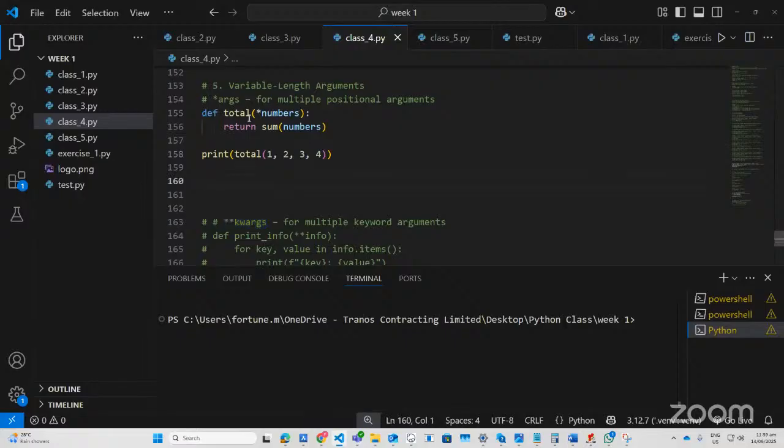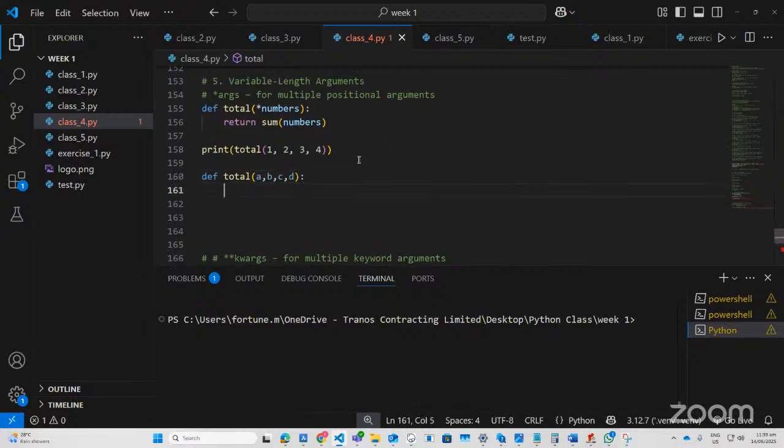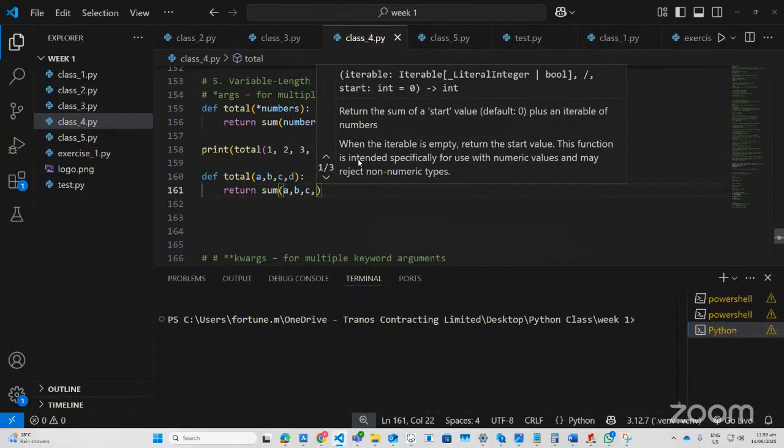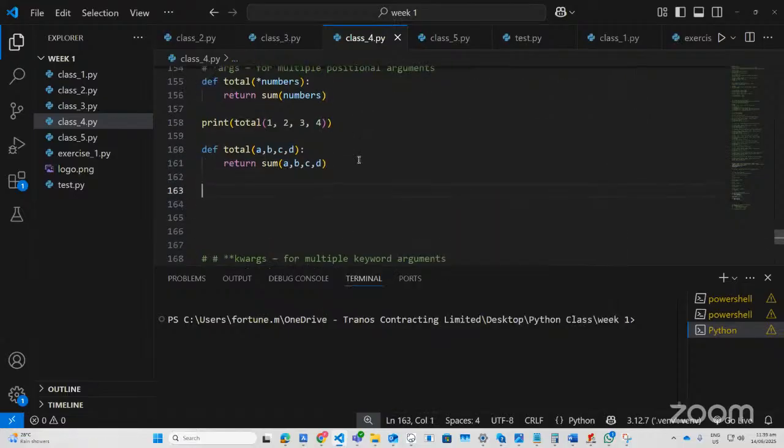Remember that when we are working on functions, we have something like this. We have the function definition, the function name, and then we have some arguments, A, B, C, D. Then you will return, let's say, the sum of A, B, C, D, right? And then you will call the function. You will say print